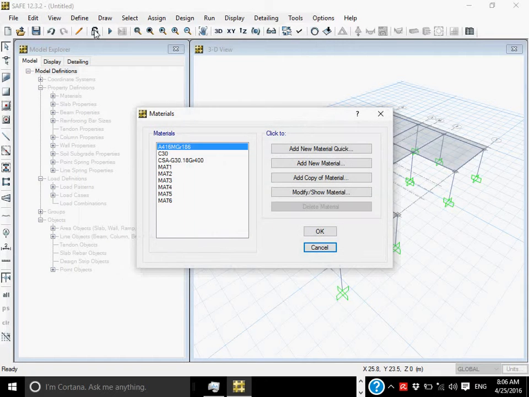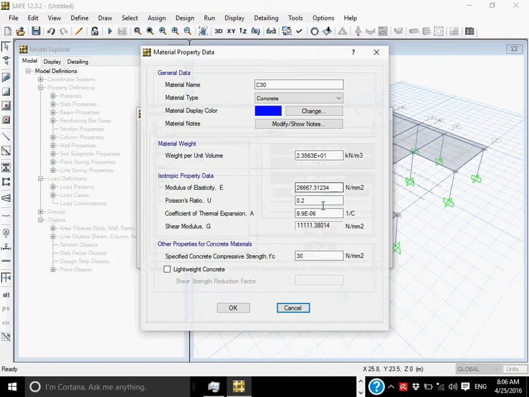What is C30? Is it our material? I think yes, it is our material which we have defined.